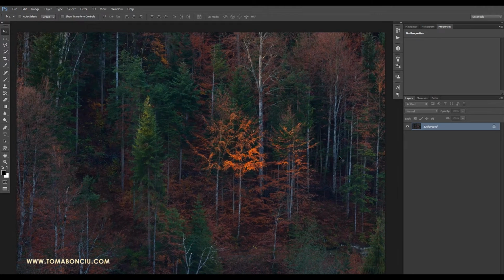So let's get going. First of all, you need to duplicate this layer. You can do this in multiple ways. You can drag it over this icon over here of create new layer. You can hit Ctrl J. You can do all sorts of methods. Okay, with this new layer selected,